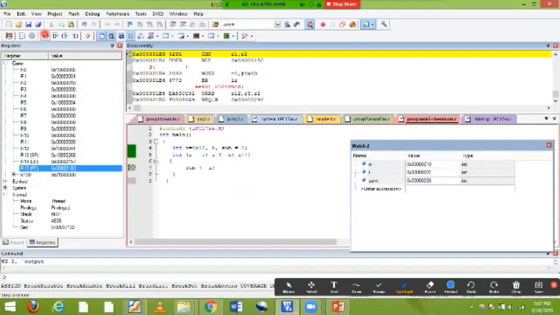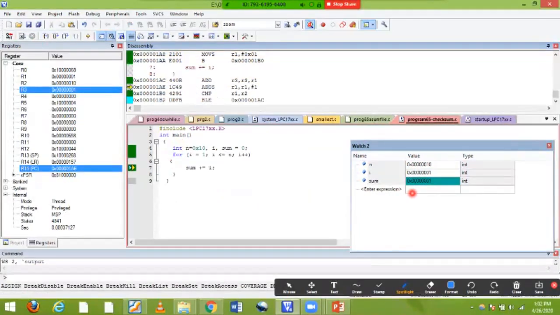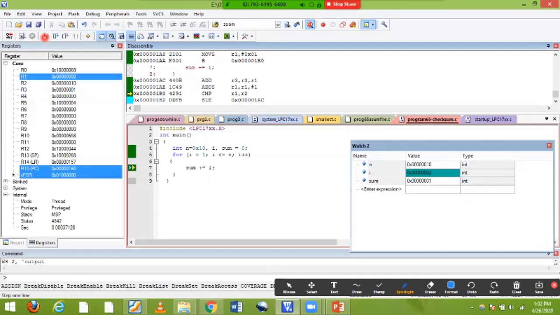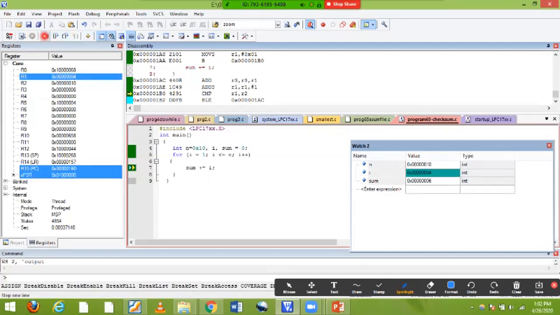Let's see here. So here it is sum. Now the sum value presently is 0 plus 1, I need to get 1. Okay, 1 it is coming now. Next it is 1, and I is incremented, so next 1 plus 1, I need to get 2. Let's see, 2. And next it is 2 plus 1, it is 3. You can see in the sum, 3. Then 3 plus 3 will get 6. 6 plus 4 will get A. Similarly you keep getting the values.